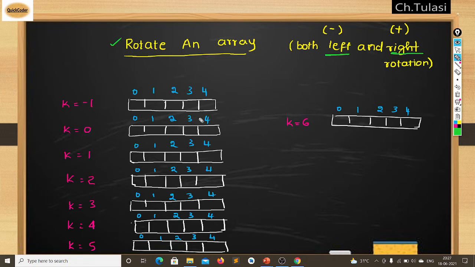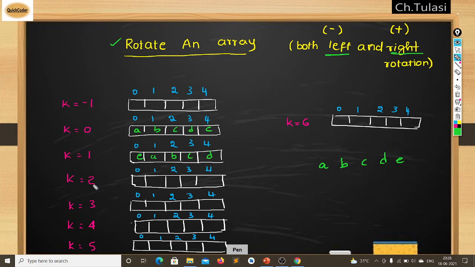Okay, so let's start. If my rotations are 0, it is equal to the original array, like A, B, C, D, E. Let's take this array, and if there are 0 rotations, there will be no change in the array. Now let's suppose this is my original array and my k is 1. A goes one step behind, B goes here, C goes here, D goes here, and E comes here. Means like this: A, B, C, D, and E comes here.